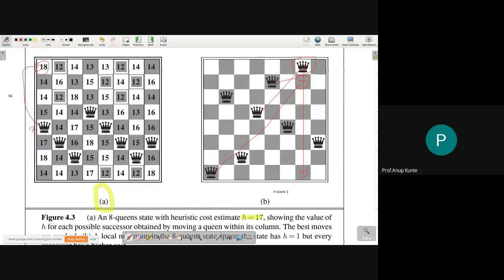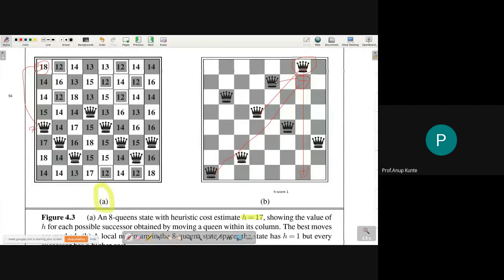I'm not going to go into details, but the h score for this new state is going to be greater than the h score of the current state which we were in.